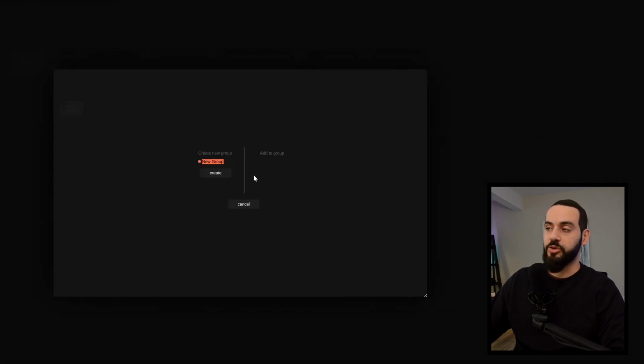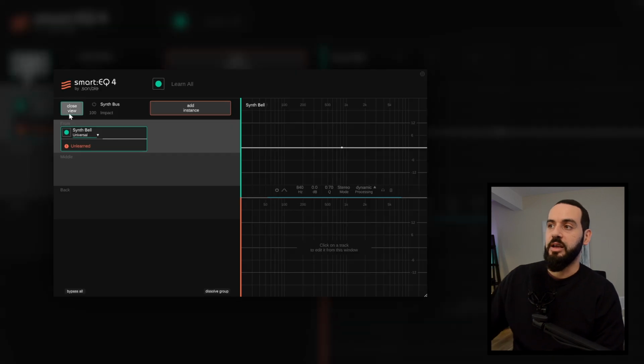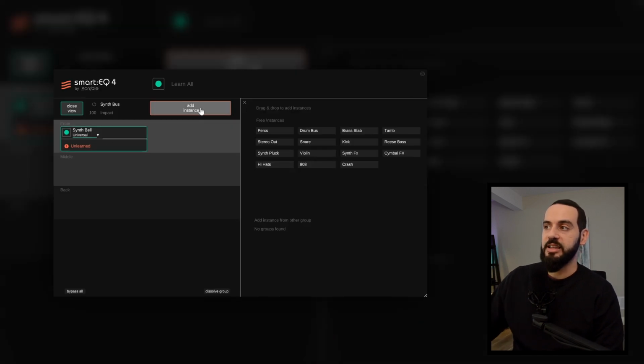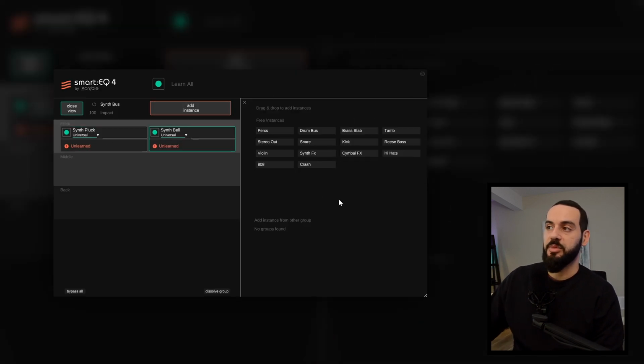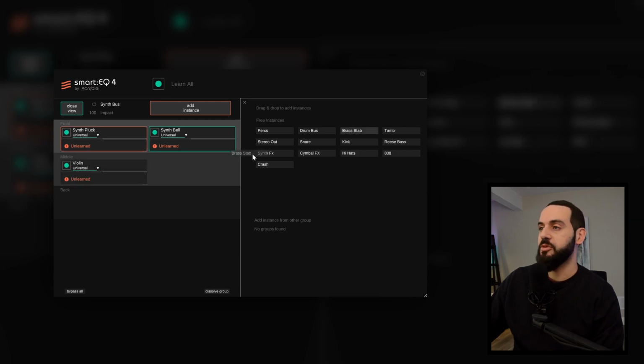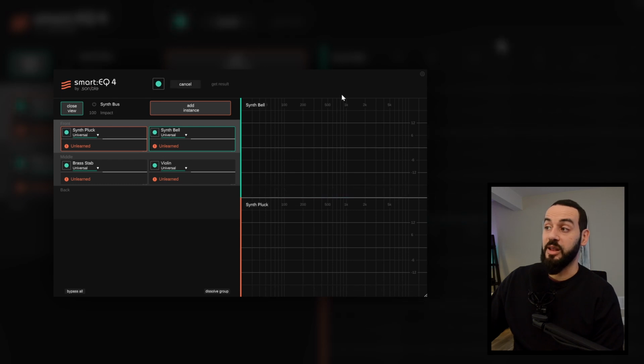I can click on Add to Group, Synth Bus, and you can see I have my synth bell here. I can add an instance of my synth pluck. Let's say I want my instruments here as well. So let's add my violins and my brass tabs. Now if I click Learn All and play,